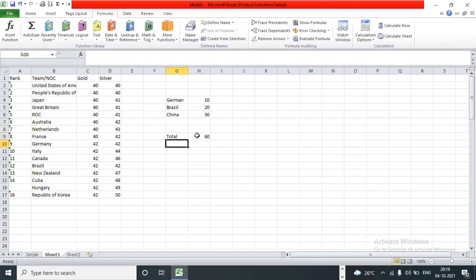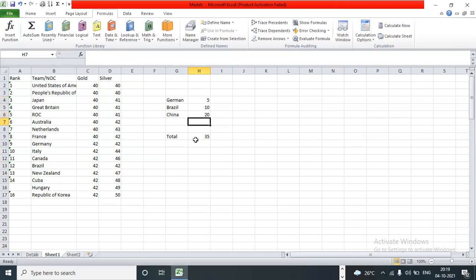Correct. Now in future, if I want to change the data from Germany 10 to 5, what will happen? This total should drop to 55. Correct. Can you feel the difference? If I'm reducing Brazil to 10, can you feel the difference? If I'm reducing China to 20, it auto changes.